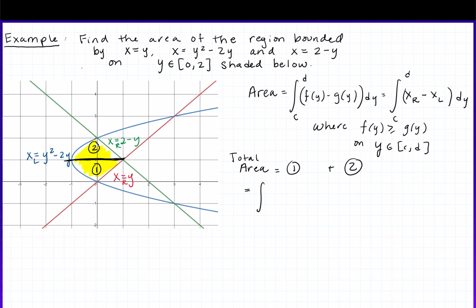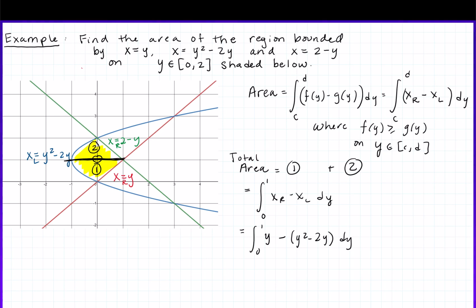Well, the area of the first region is from 0 to 1 on the y-axis. I covered up 1, but that is 1 right there. This is 2. Now the lines I drew went right over the values on the y-axis. But from 0 to 1, the function on the right minus the function on the left, with respect to y, well, that's from 0 to 1. The function on the right on that region is y minus the function on the left is y squared minus